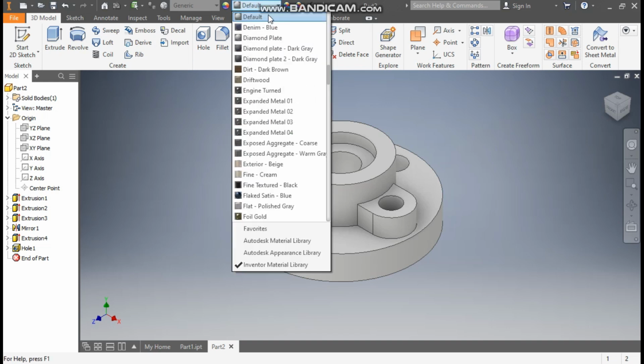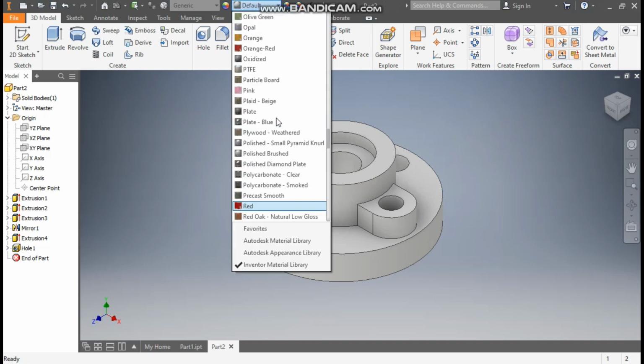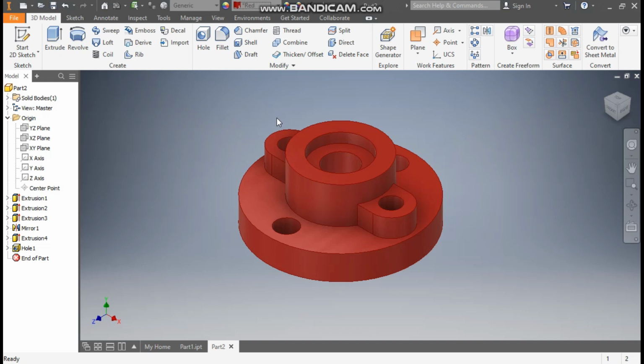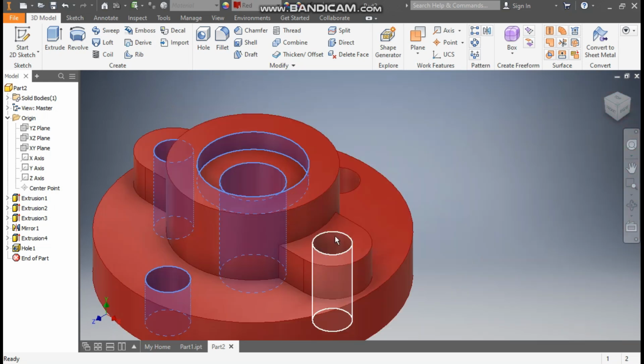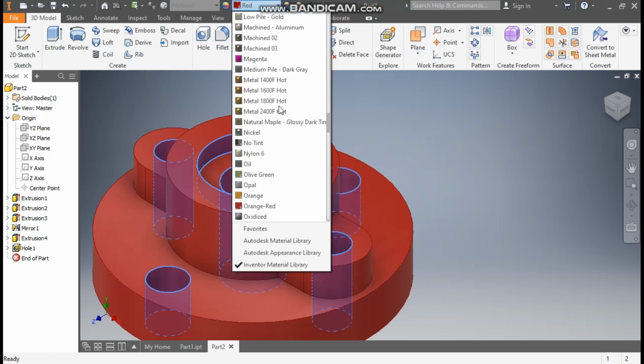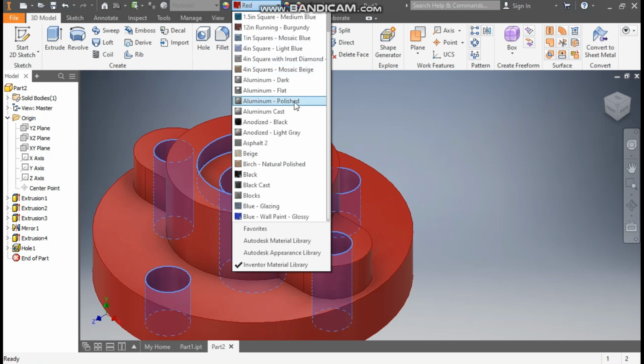Now here I'll define the appearance. I'll take here red color. Okay, and for the inner profiles or the cut profiles, you can select this face, select this face, select this, select this, this and this. We'll define it as aluminum finished. Okay, you can take here aluminum polished,